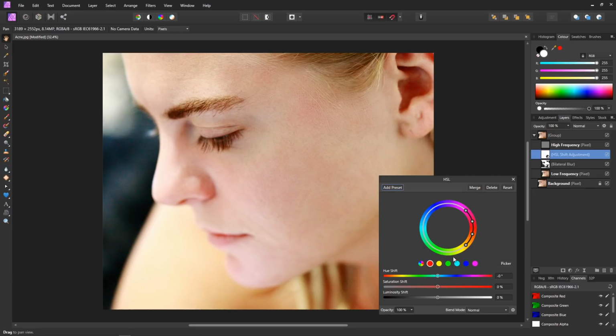So select the reds, get the picker and select a red on the skin. And I don't want to be adjusting yellows, so I'll just reduce the scope of the zone. And as I want as much red as possible, I'll just move this side right around. So now I just have these reddy colours selected, which should be the reds in her skin. And I'm just going to move the hue shift to the left to move the reds slightly towards the yellows,